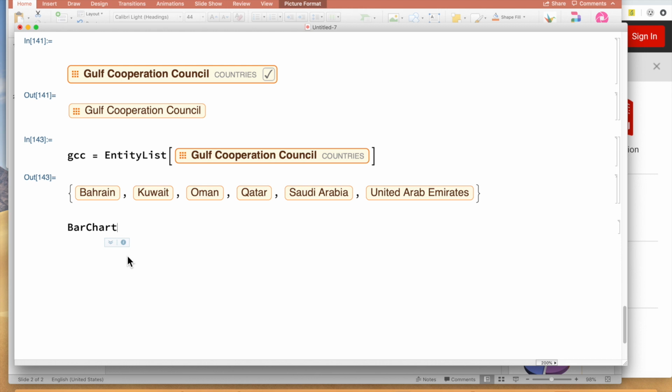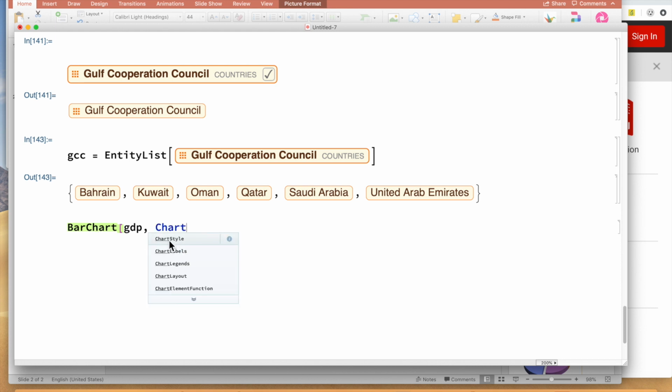Okay, notice one thing, I did square bracket. Now this square bracket became red. Why? Because it's telling me that you need to close this square bracket somewhere later. It's not closed yet. So what I want to display is GDP. That's what I want. Now if I want to add the label, I can add comma and say chart,